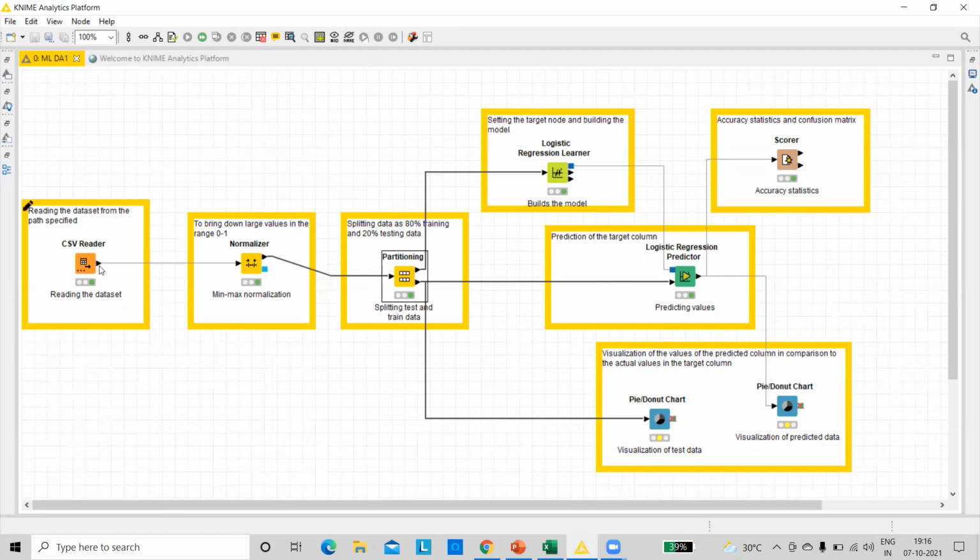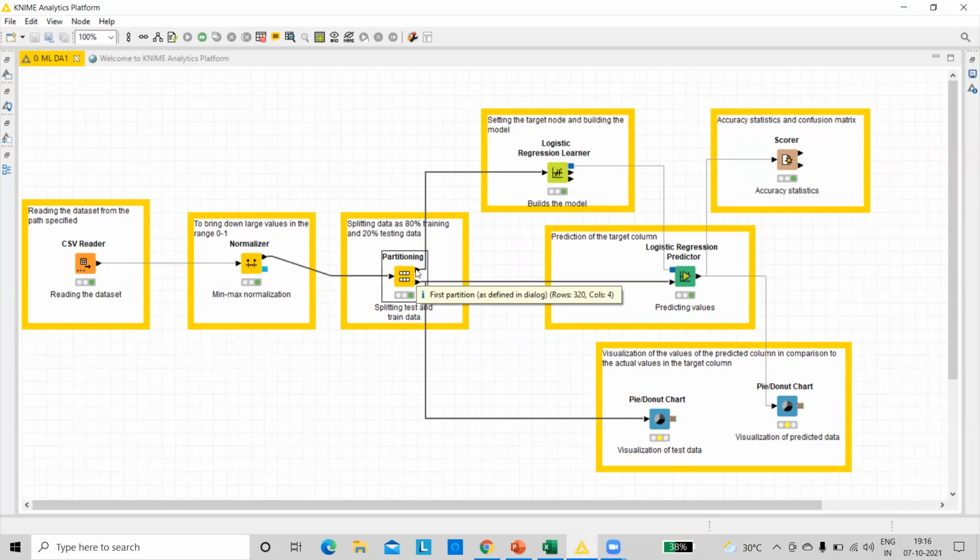As we can see here, we are feeding the data set, a file table that consists of 400 rows and 4 columns. After we pass it through the normalization, we can see that the normalized table is found. As you can see when I point the cursor over here, 400 rows and 4 columns of normalized data are fed into the partitioning. After partitioning, I've partitioned it into 80% training and 20% testing data. And here is the first partition.